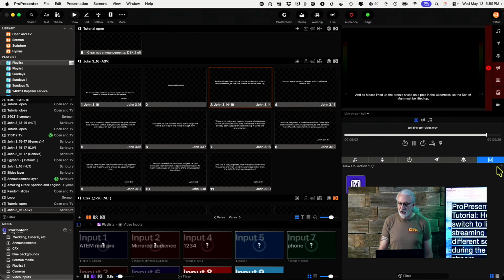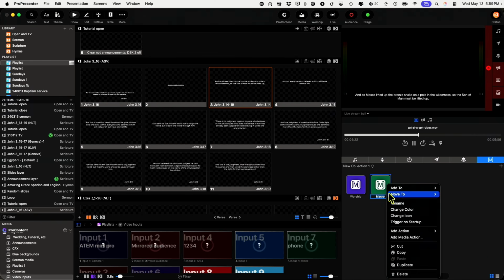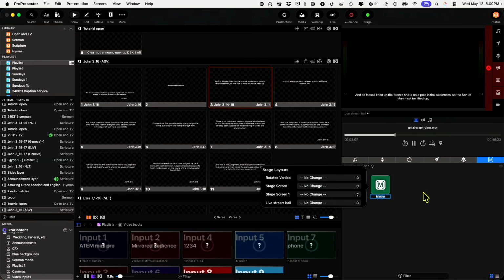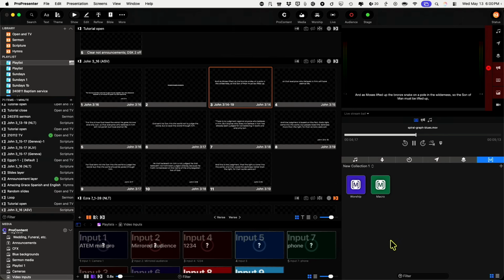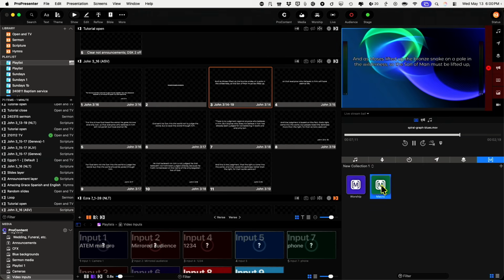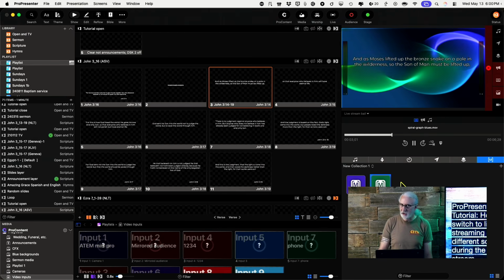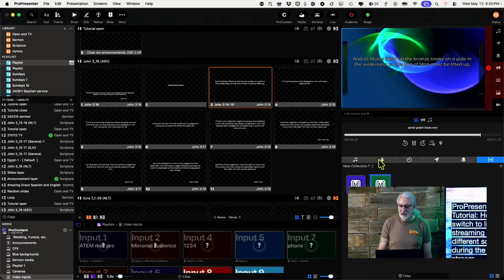So I could go here, create a macro by clicking on the little plus button here, and I could right click here, go to add action, go to stage, and then for the live stream bail, I can change this over to audience mirror. And now I click on that and that would do it as well. So there are a couple of ways to do it. I could have macros here that I can click to bail and then unbail,